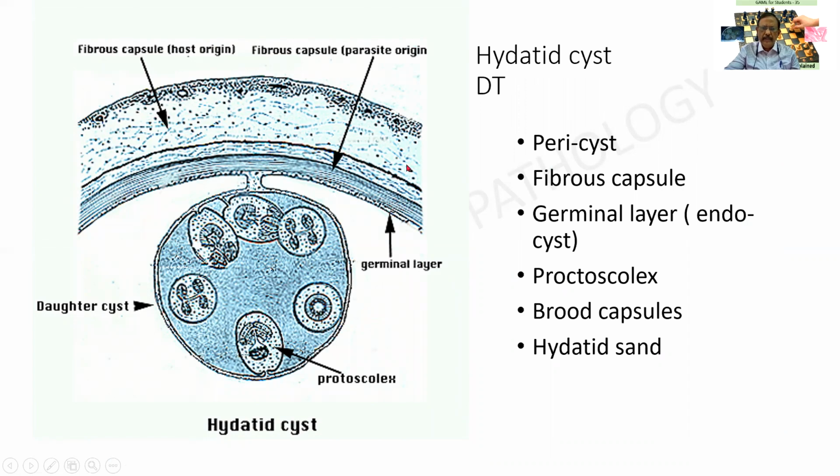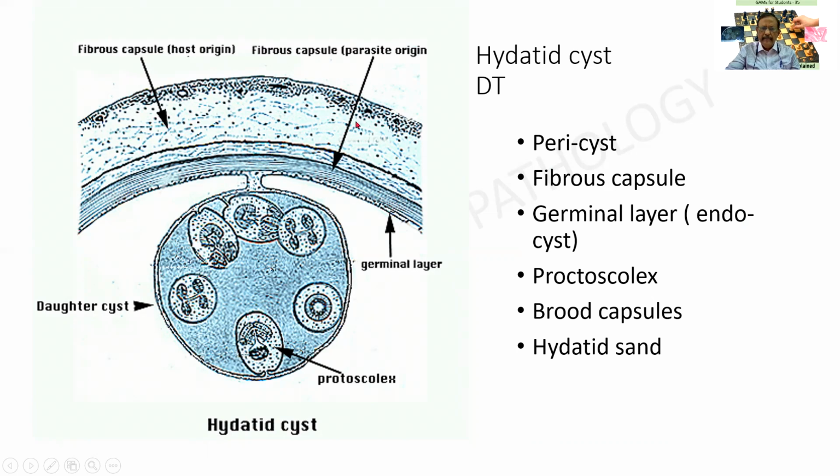So this is the structure of the cyst in which there is a fibrous capsule which we used to call a pseudocyst, the host part of the wall. And then there is a fibrous capsule of parasitic origin. This in turn will be having a germinal layer. Are you able to see multiple epithelial cells over here? This is the germinal layer from which there can be daughter cysts which are formed. And these will be having small capsules within, which are called the brood capsules.